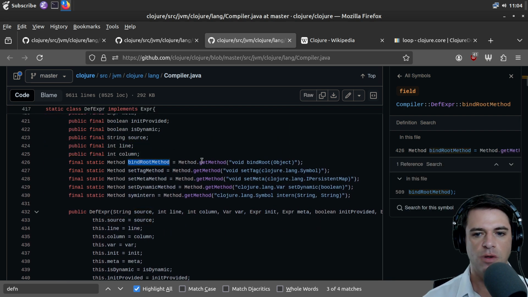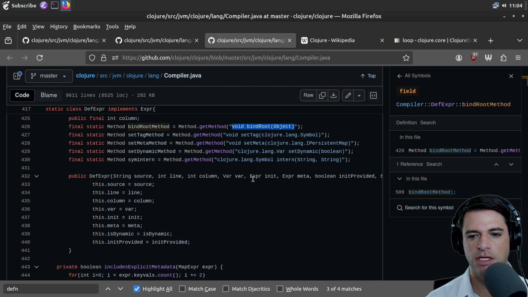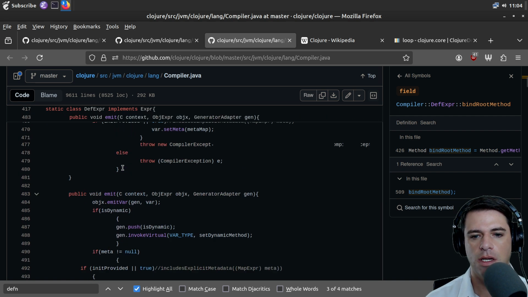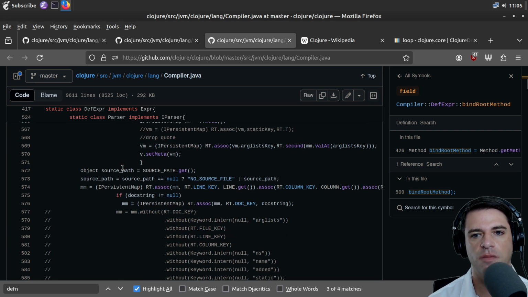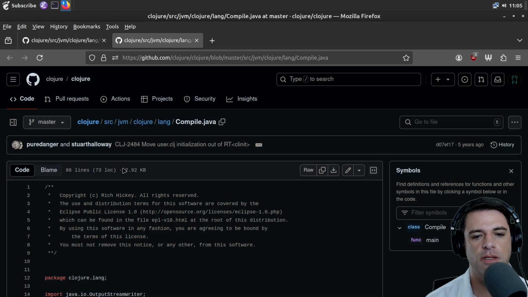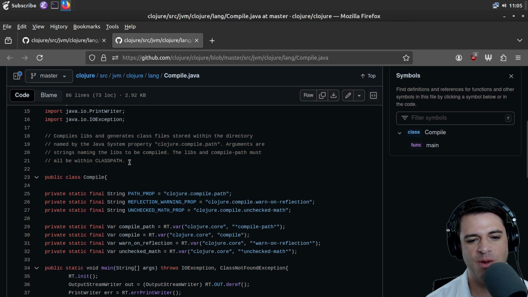We have this bindRoot method, void bindRoot(Object). This looks like maybe this is essentially generated Java code. This is some definition that we're going to use to generate a Java class somehow. And we'll move along from here, but this is actually interesting, the Compiler.java. Maybe we'll come back to it if we have more time, which I don't think we will.